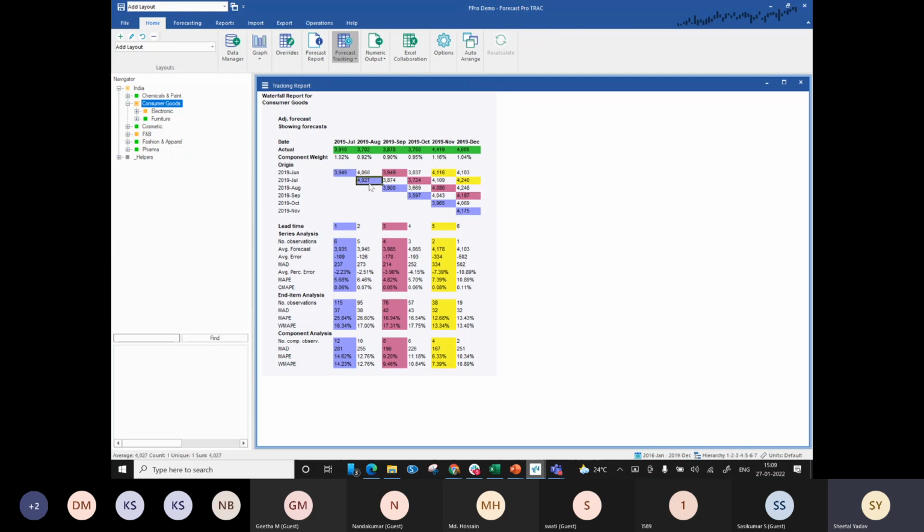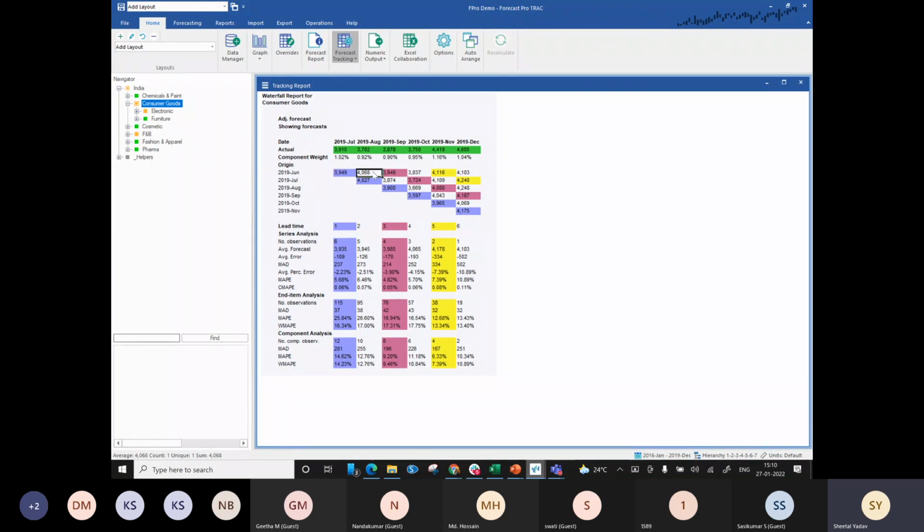So when I look at these purple or blue color highlights over here, these are my forecast with lead time 1. Essentially, what lead time 1 indicates is that I am in July, I have actuals data till June, and I'm forecasting for July. So within July, I'm forecasting for July. That's what this forecast is all about, and that is being represented by lead time 1. When I'm in July with actuals till June and I'm forecasting for August, that's my lead time 2.